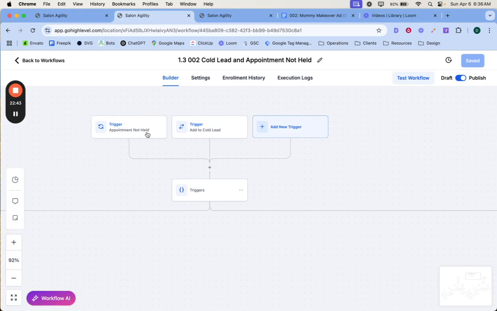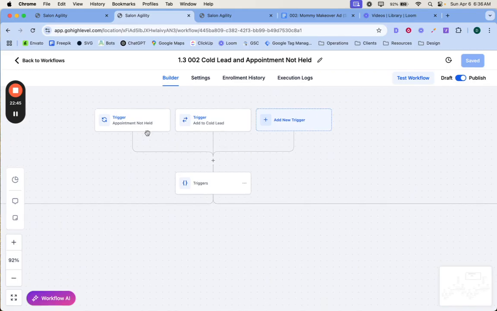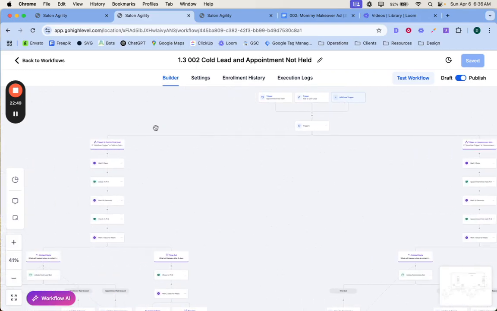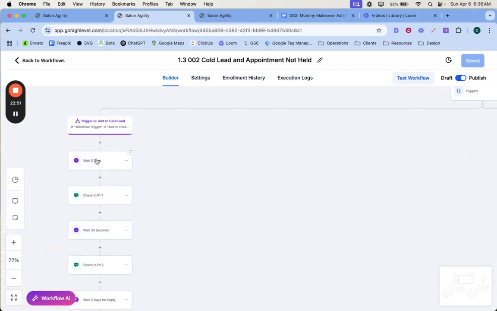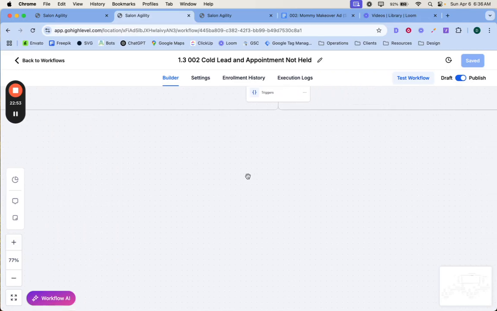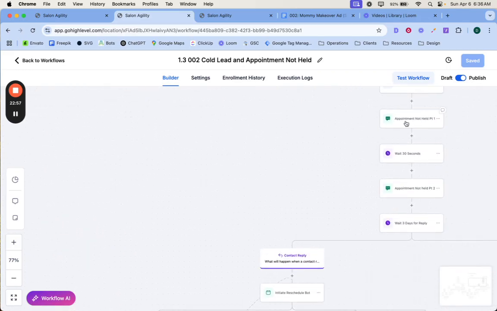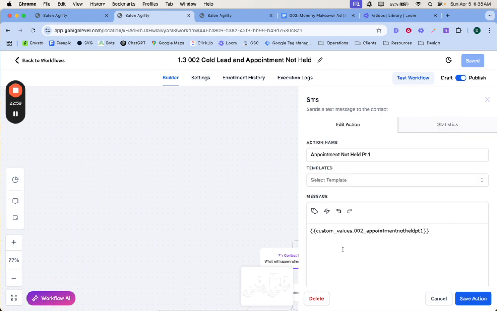Or they didn't show up for their appointment, or their appointment was not held for whatever reason, okay? So those are the 2 triggers for that workflow. It waits 3 days for a reply on both sides. The wait period is the same. And then it sends them a series of messages, okay, which will be